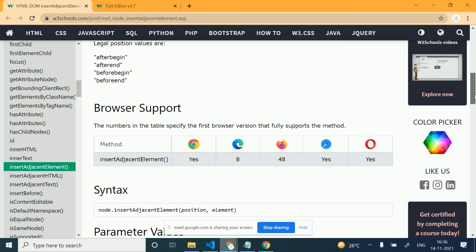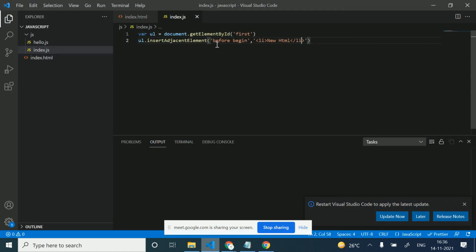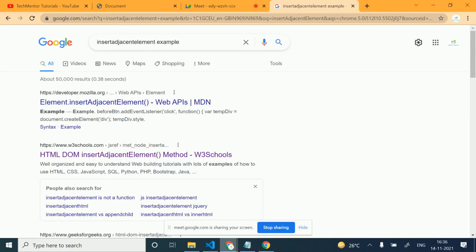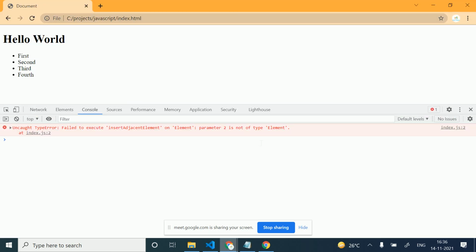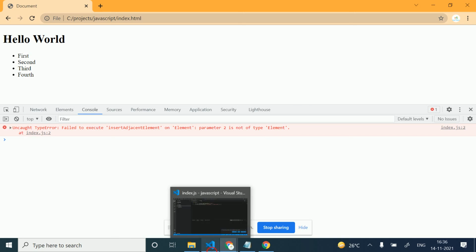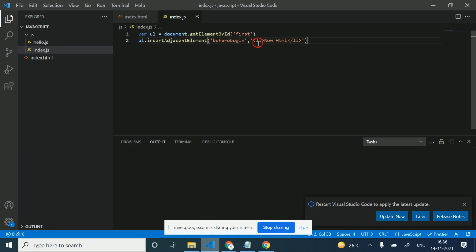After, before begin, we are using before begin here. There is a mistake in this as well. Parameter 2 is not an element. I have added the element, no mistake in this. So I'm just going to create an element.